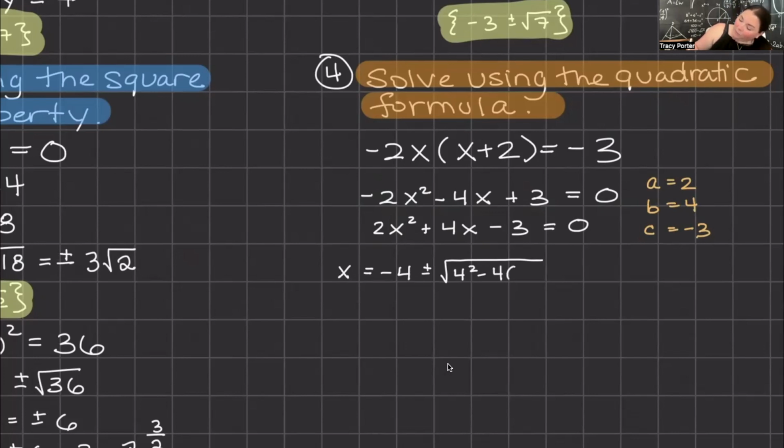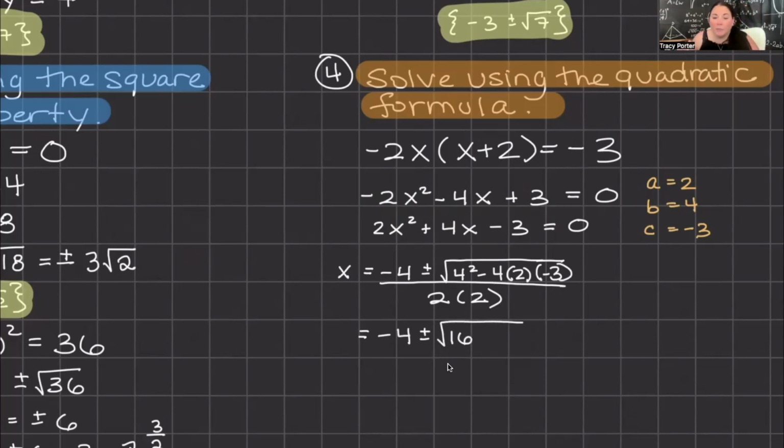All right, so minus 4 times A times C, and everything divided by 2 times A. And so from here, it's just simplifying and cleaning it up, which usually has lots of mistakes in here. There's a lot of opportunity for mistakes. So just be careful. So this is going to be 16 plus